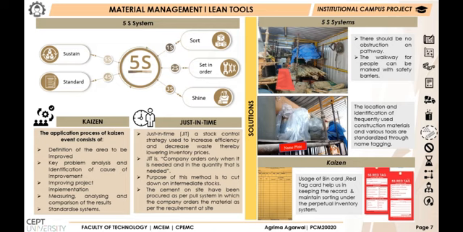Set in order is to neatly arrange and identify parts and tools for ease of use. Shine means remove all dirt and grime and keep it that way daily. Standardize means to conduct the upper 3S daily to maintain a workplace in perfect condition. Sustain means to create a motivational culture of 5S in the workplace and maintain the results of these efforts.